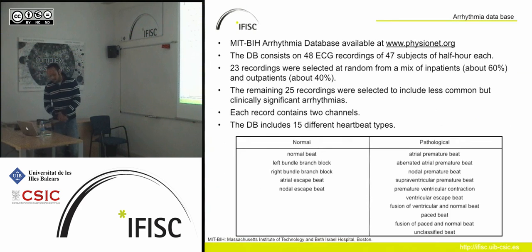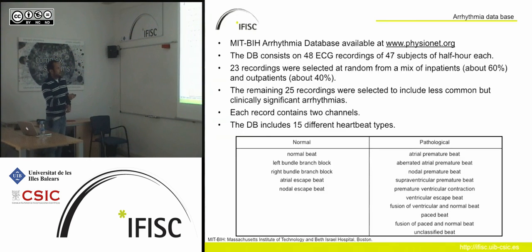Okay, so let us start with the technical part. We are using an arrhythmia database. So we are basically studying the change from the normal rhythm when there is a pathology. For example, when the atria fibrillate, this is going to be a change in the rhythm. To do this, we use a database that was developed by MIT, the Massachusetts Institute of Technology, and the Beth Israel Hospital in Boston, and it's publicly available at this address.